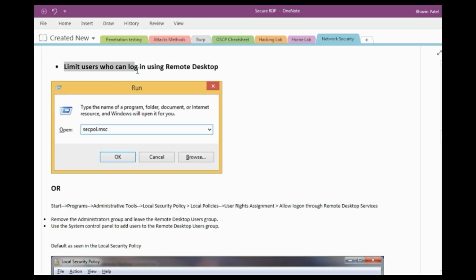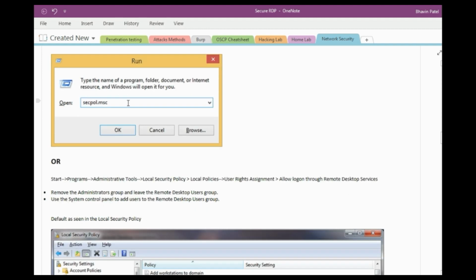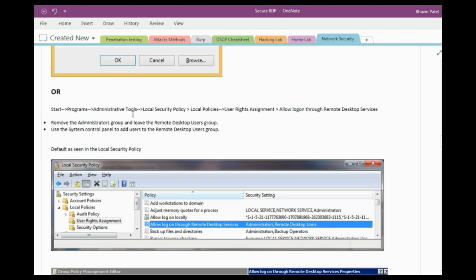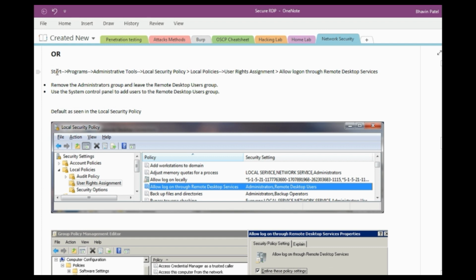Limit users who can log in using a remote desktop. So you can open the local security policy using Windows+R and secpol.msc, or you can go through Start, Programs, Administrator, Local Security Policy and Local Policies. In Local Policies you can find User Rights Assignment. So here you allow log on through Remote Desktop Services.